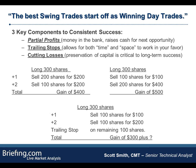Trailing stops. Once I have a profit and I'm starting to take money off the table, I always want to keep a small position on, just in case that stock rockets higher over the next 2 days or a couple of weeks. I always want to make sure that I'm trailing a loose stop somewhere behind it, no matter how small the position is. The last thing I want to do is have a position just go up $2, get out completely, and then watch it go up another $30 over the next 3 weeks and not be actively